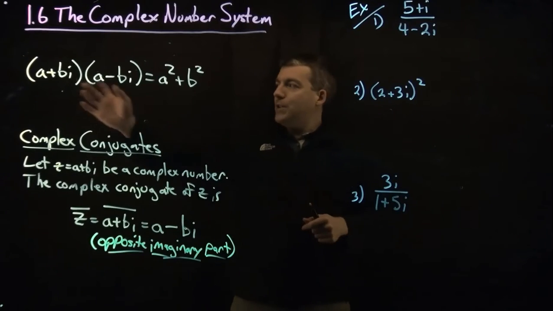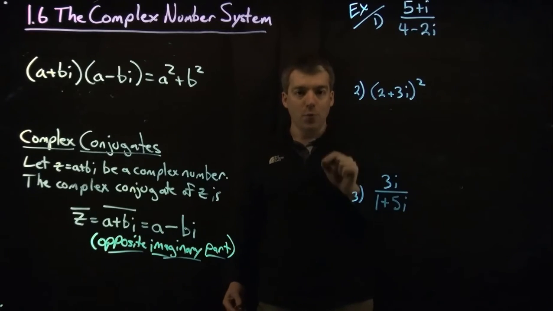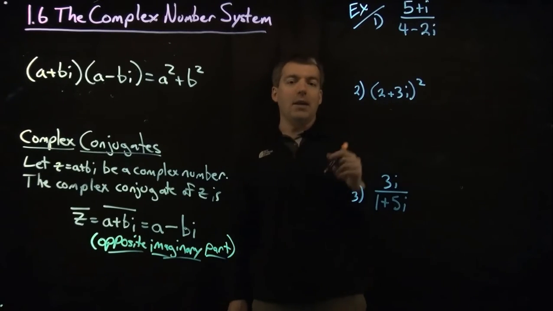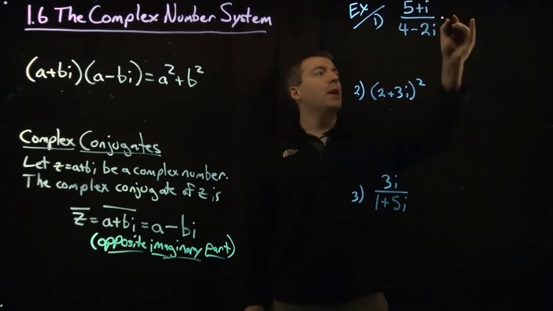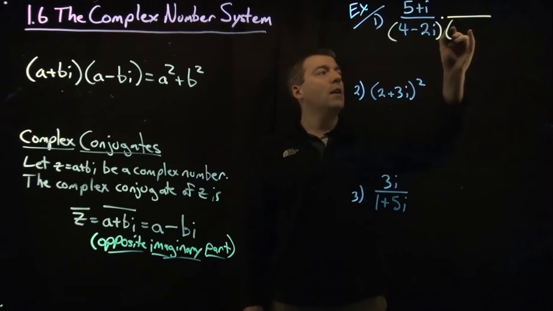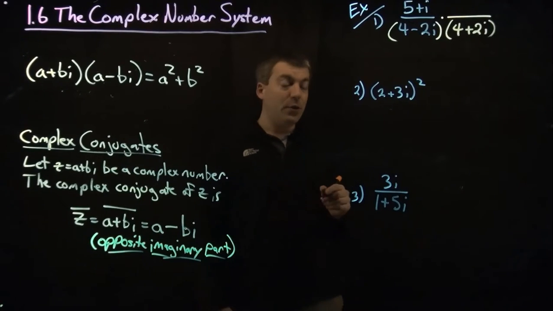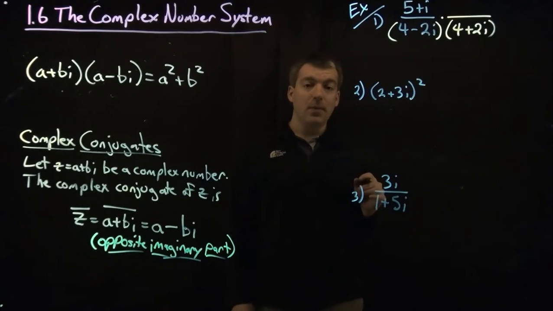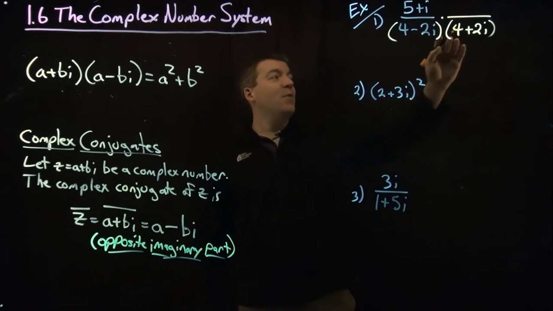To break it up into a plus bi, we need a denominator that is one real number. To do that, we will make it a real number by multiplying by the conjugate. We're going to multiply by the conjugate of 4 minus 2i, which is 4 plus 2i. Now, we can't just multiply the denominator by a number. That will change the complex number that we're dealing with. But we can multiply by 1, a well-chosen one. In this case, 4 plus 2i